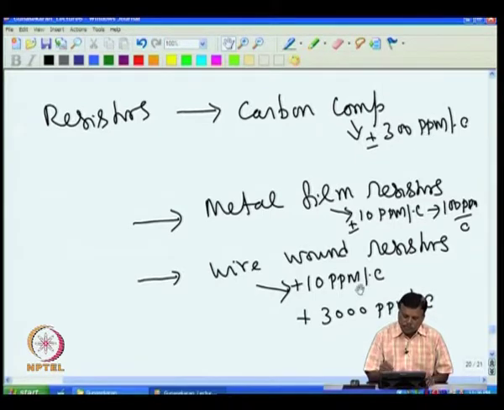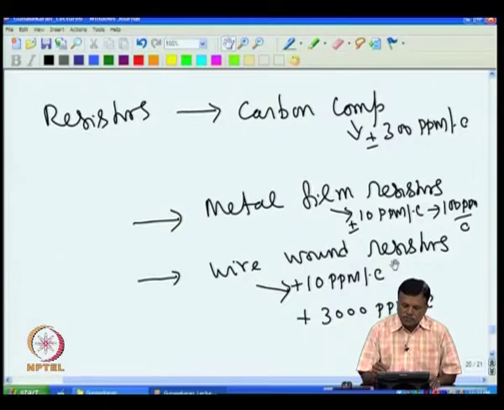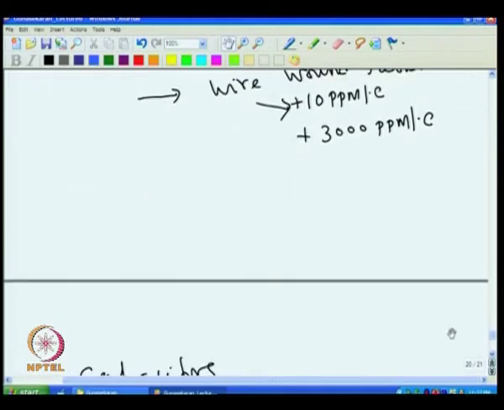That problem is not there with wire wound resistors, but they are bulky. Normally we use only these two, unless you need high power or very low drift, then manganin resistance is good, which gives you 10 ppm per degree C drift. This is what we had seen in the previous class, and also we had seen the different